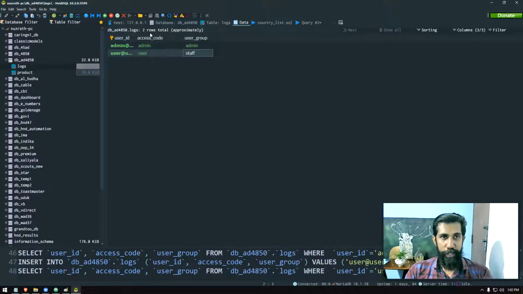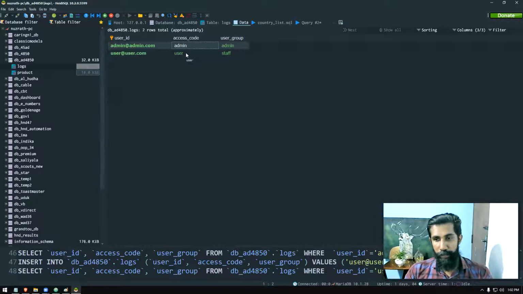Even the database administrator could be a hacker. So if that person gets access to this particular table, then your account is in danger. You can see the access code is in plain English here. So what we shall do in the second step is learn how to do